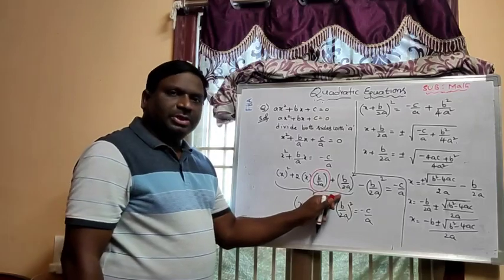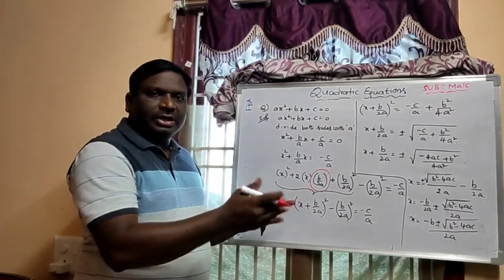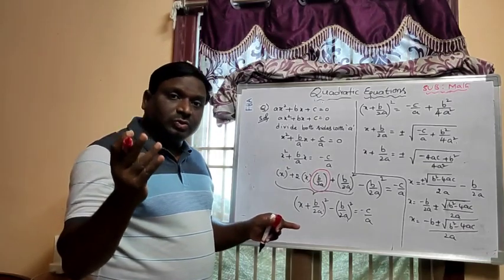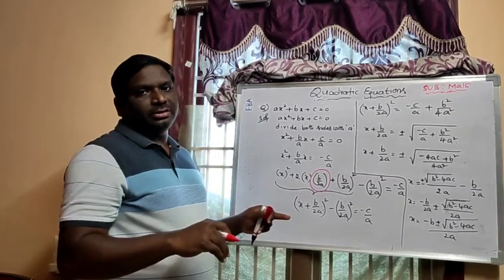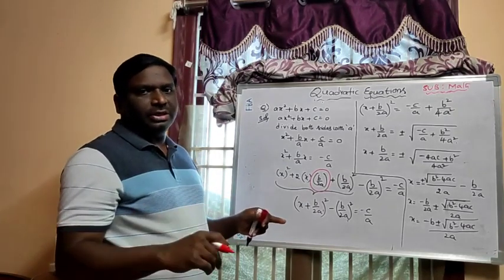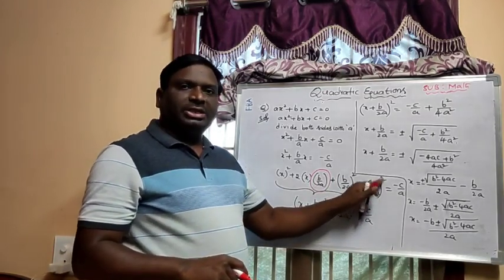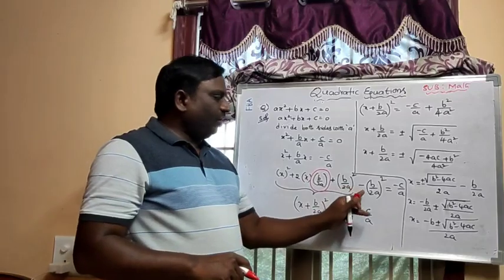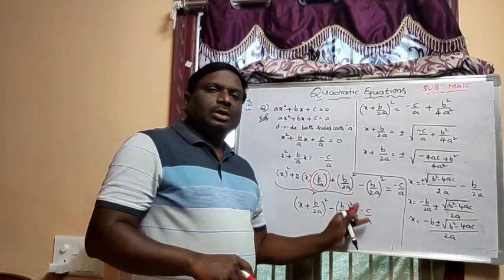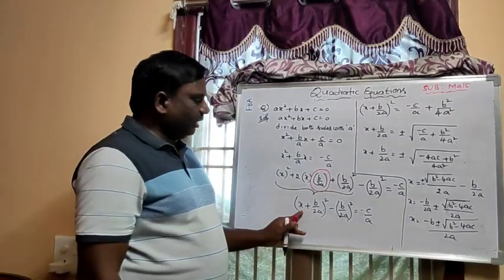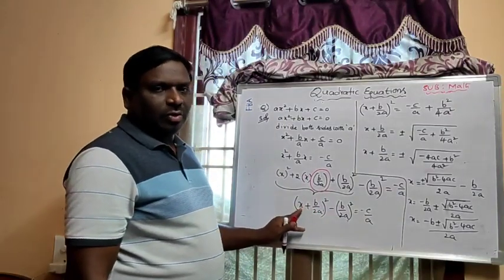Why we are taking plus b square? To make it a perfect square in identity (a plus b) whole square or (a minus b) whole square. A square plus 2ab plus b square is there. That's why we need to add plus b square and we need to subtract minus b square. So finally this minus b square term you can take other side, definitely you will get a perfect square. That is (a minus b) whole square or (a plus b) whole square.